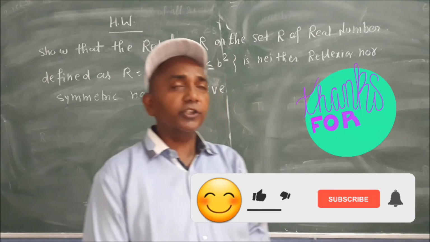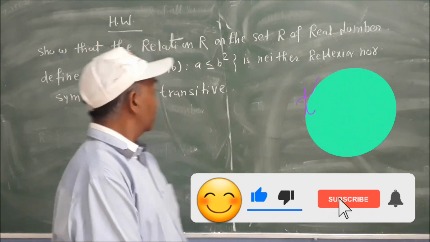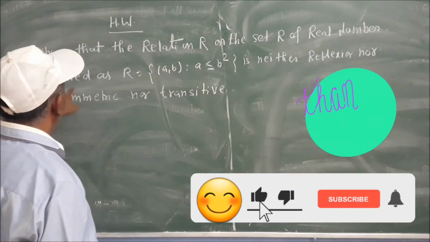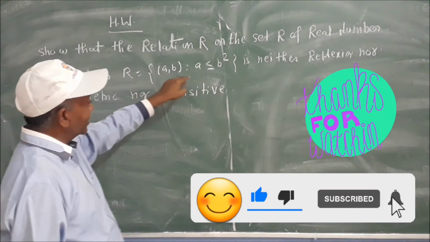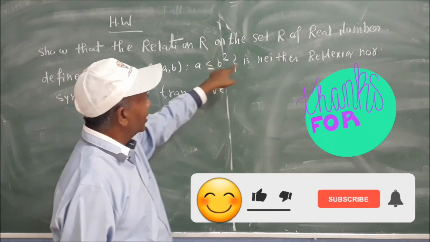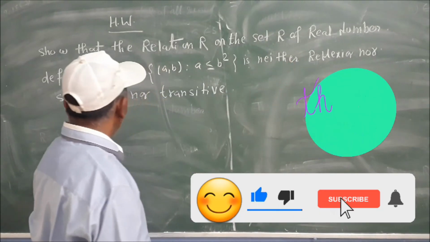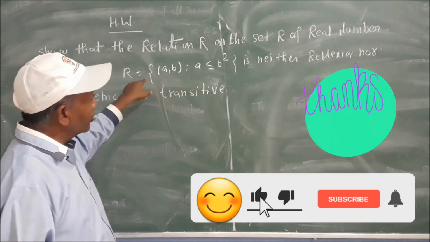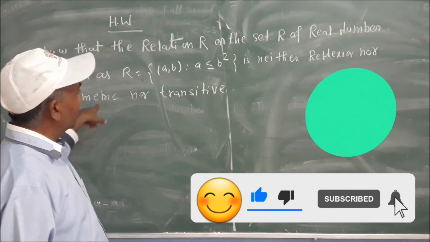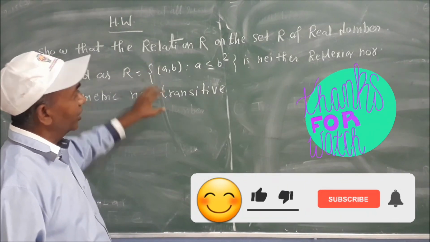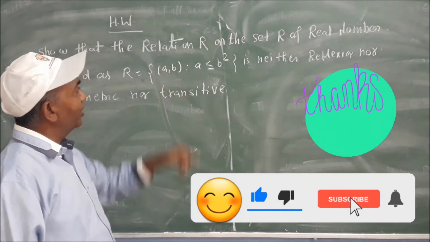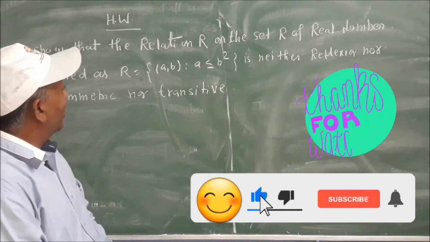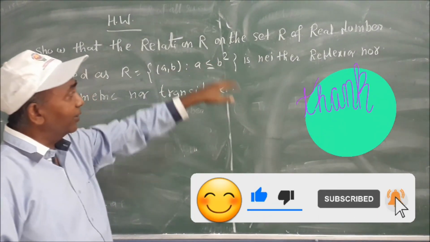Here is a homework for you. This is from your exercise 1.1. The question is, show that the relation R on the set R of real numbers, defined as R equals (a, b) such that a is less than or equal to b squared, is neither reflexive nor symmetric nor transitive. That means this relation does not hold equivalence relation because it is neither reflexive nor symmetric nor transitive. You have to solve this question by taking values of a, b, c in any real numbers, and if any example does not hold this property,